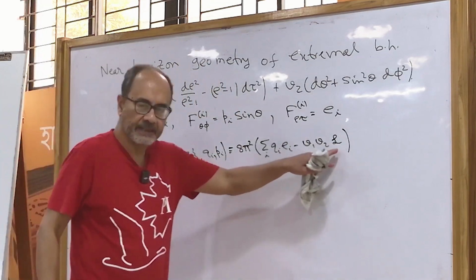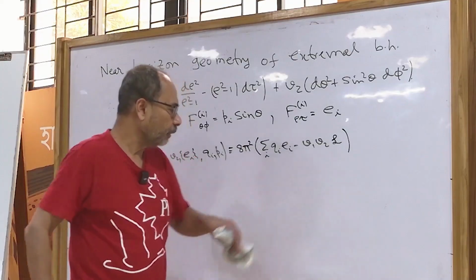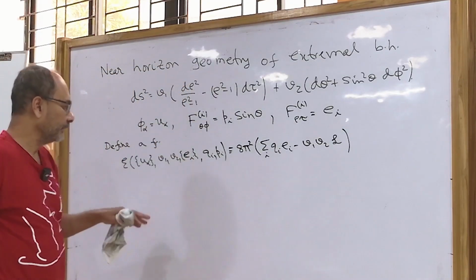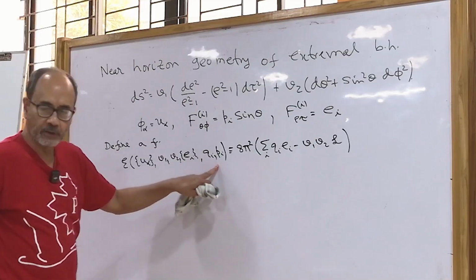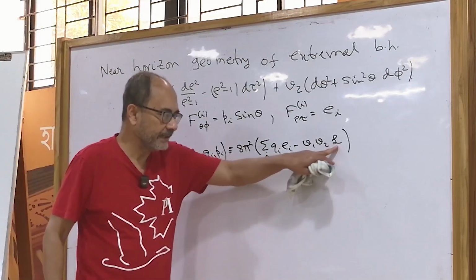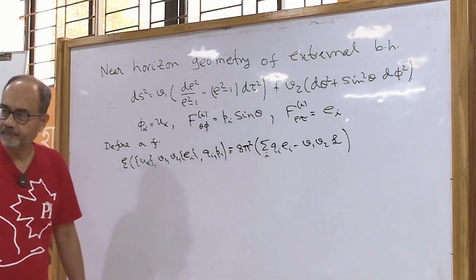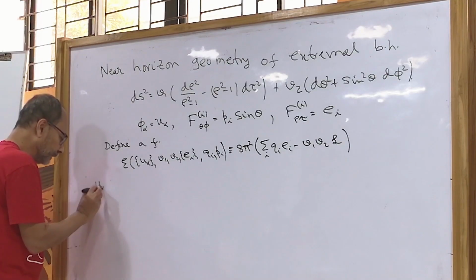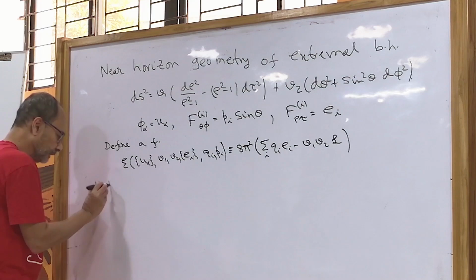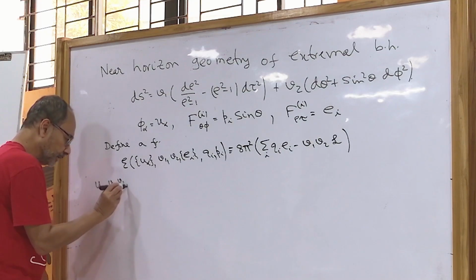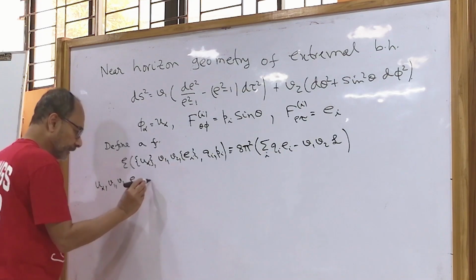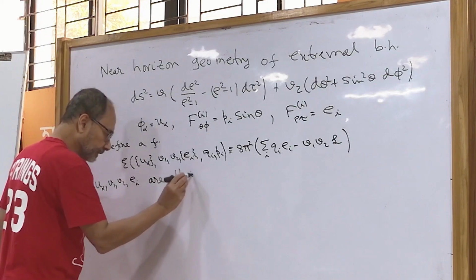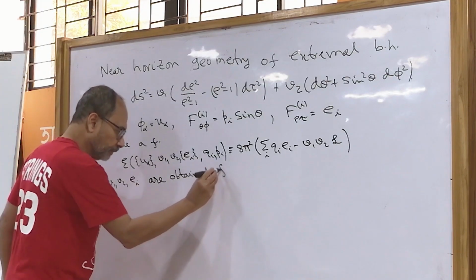L is the Lagrangian density. So this quantity will be a function of all these variables because the fields depend on these constants. As a result, L will also depend on these constants. And then we said that u alpha, v1, v2, e_i are obtained from,